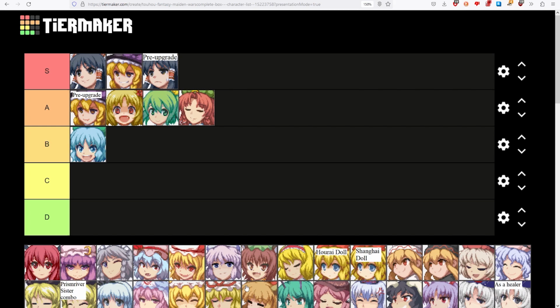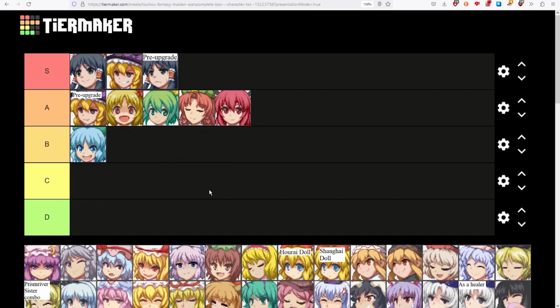I got you. Kowakuma, the MP battery. Yeah, much like Diose, she can get EXP just off giving MP. Indeed. Yeah, she gets pretty much infinite EXP in this game. I put her in A. She eventually comes with